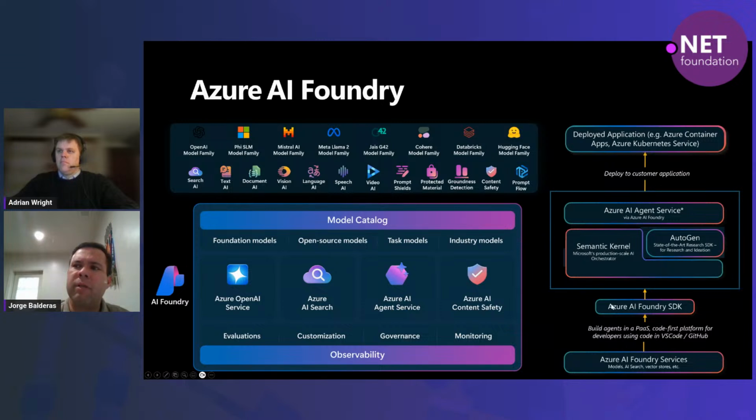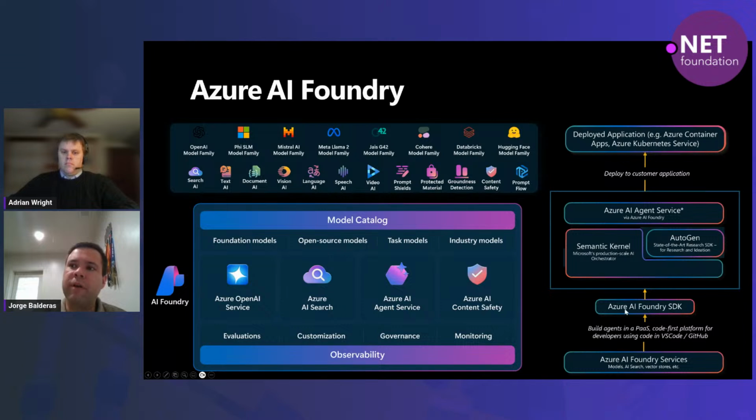And a recent capability or SDK that was announced, I think around last October with Ignite, was the Azure AI Foundry SDK, which also gives you agents capability, the option to develop your own agents either through code or from the portal.